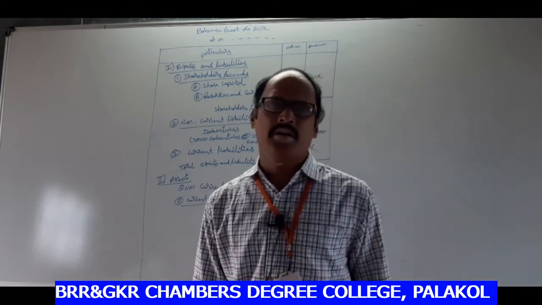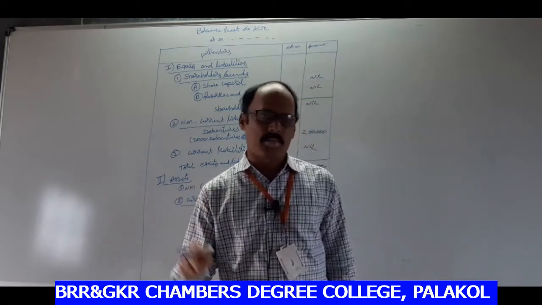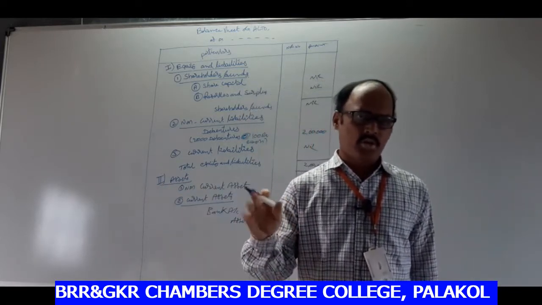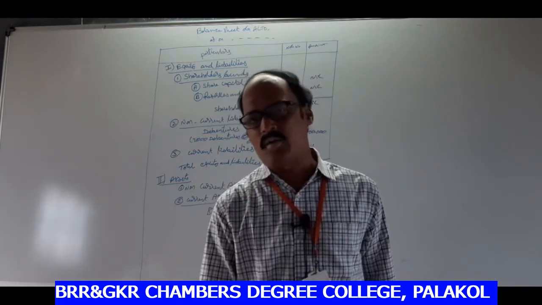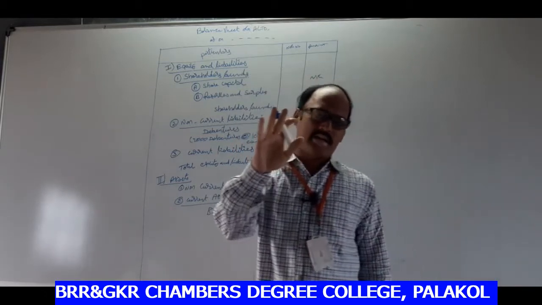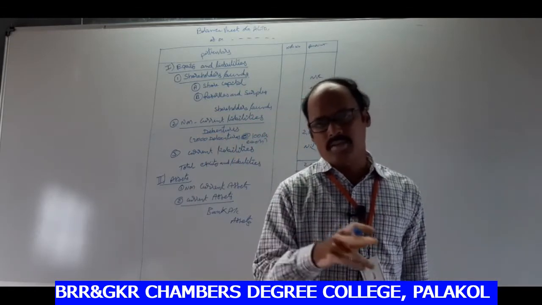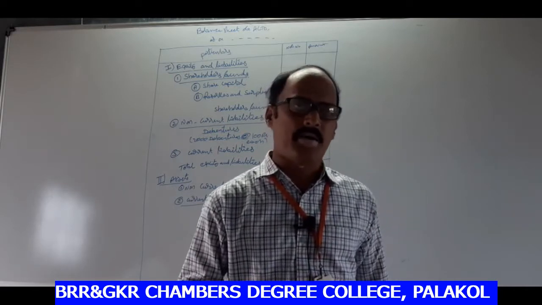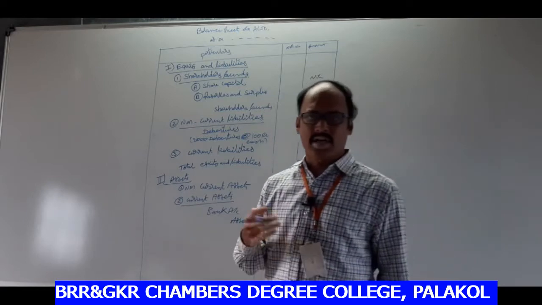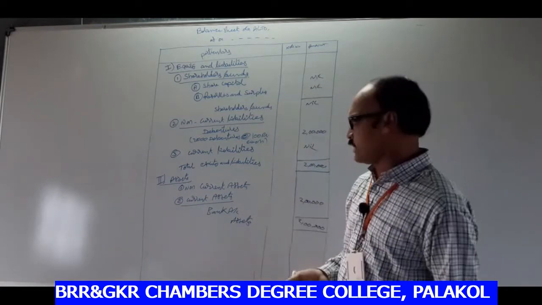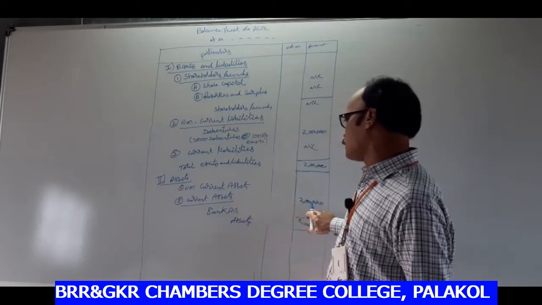and the debentures account. In the bank account: to debenture application account 50,000, to debenture allotment account 50,000, to debenture first and final call account 50,000. By balance carried down 2 lakhs, to balance brought down 2 lakhs. So the bank account shows the debit balance of 2 lakhs. That's why it is treated as an asset. So under the head of current assets, bank account 2 lakhs.